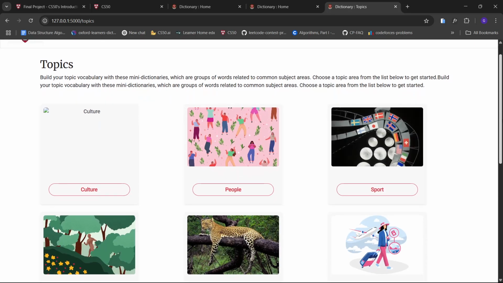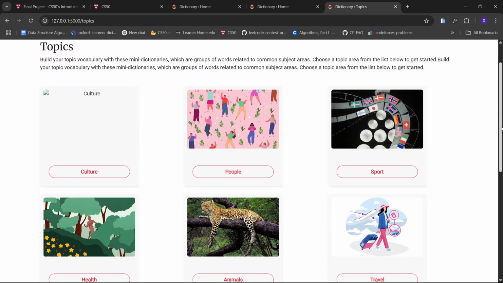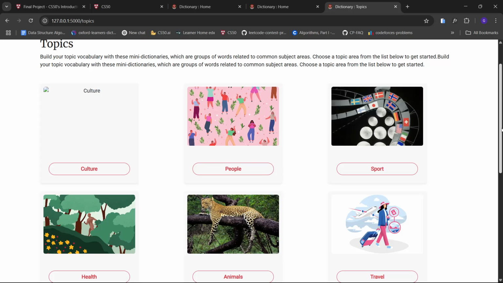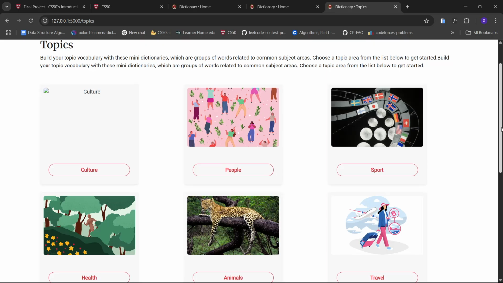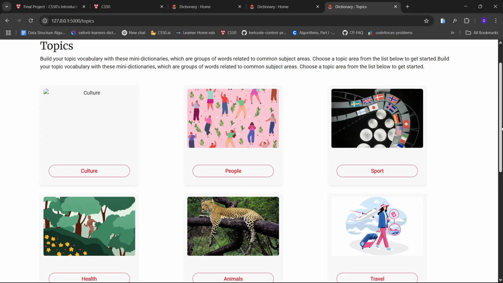The purpose of these topics is that users can learn topic-wise vocabulary. For example, there are a lot of topics in the English language, like health, culture, people, sport, and so on. If the user wants to learn the vocabulary of a particular topic, they can learn it from our